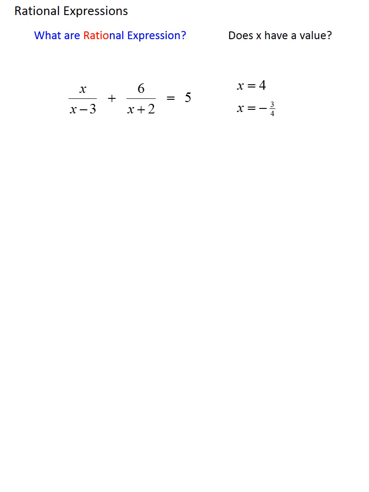This is the one time in the study of rational expressions where x does attain a specific value, or in this case, values. It turns out this is a true statement when x is 4 or when x is -3/4. So to show you what would happen if I tried to let x just be some random number, or